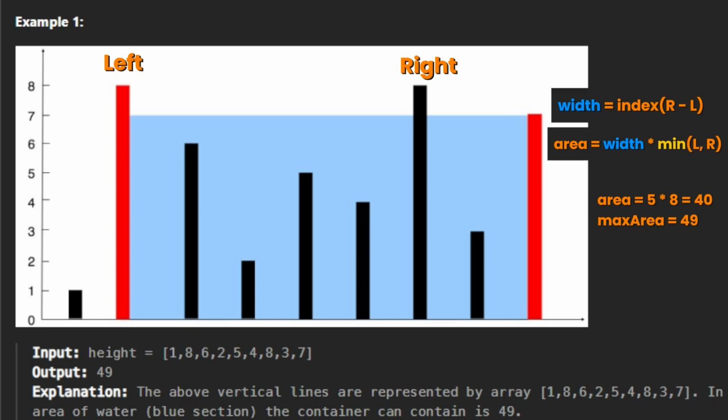Let's move right. As the process continues like this, the pointers move closer and closer. Always discard the shorter line and recalculate the area. So we saw our maximum area, 49, was found early, and no other combination was able to beat it. When the pointers finally meet, the loop ends and our final answer is 49.